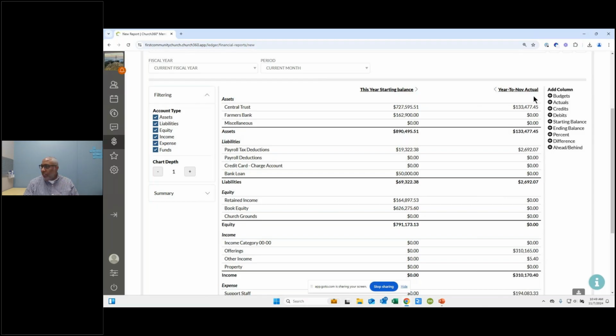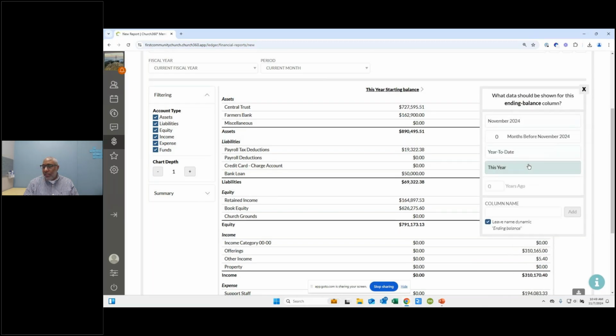And then I'm going to put the ending balance for year to month, ending balance, and then I'm going to say year to date. Let me think just a second. Year to date.